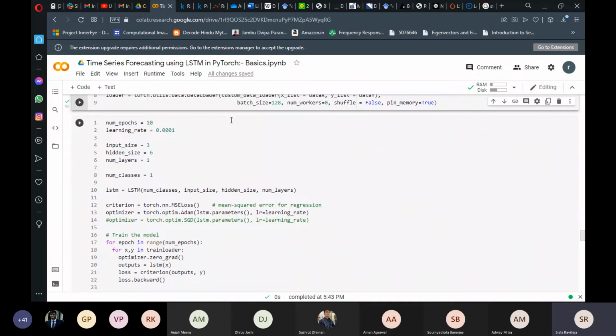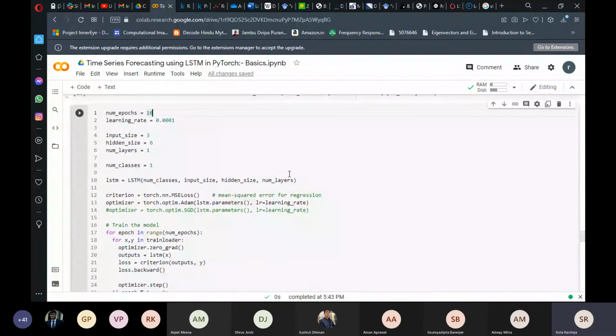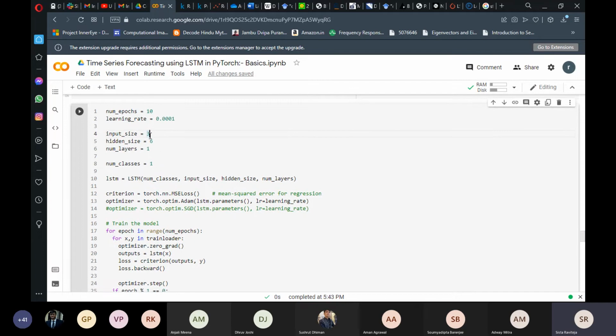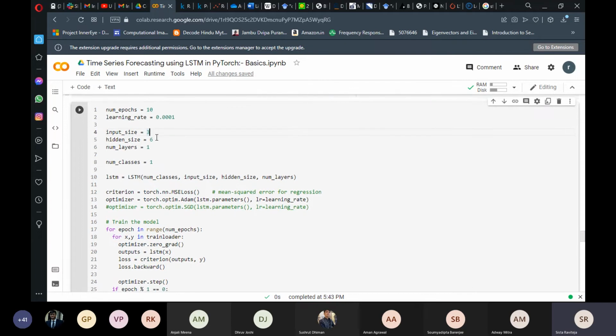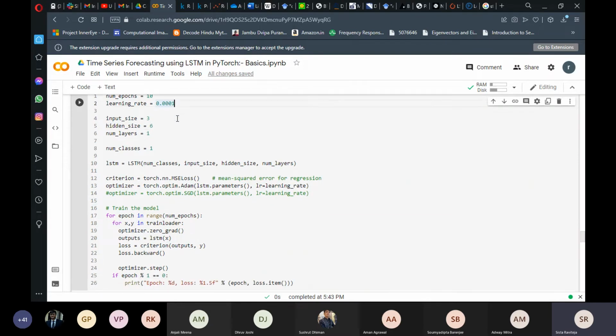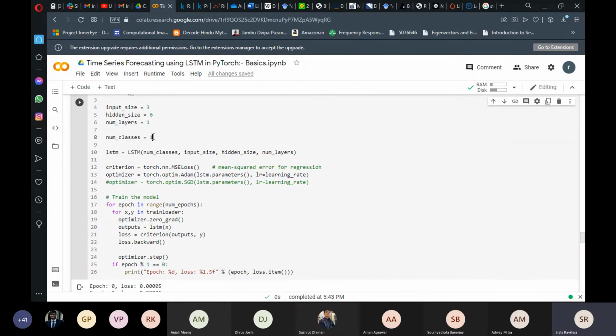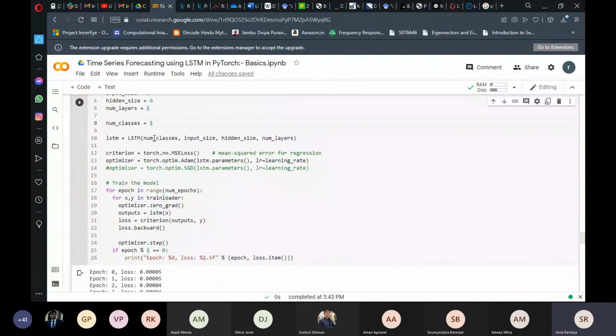Now next is the training approach. Our LSTM remains the same, but I have changed the input, because here our input is the 3 sequences that I have shown you in the data frame part of it. I also experimented with the hidden size; I changed it and so on. I'm just covering it for a few epochs. Then the learning rate is also something you can experiment on. But overall, the number of classes we'll be predicting is one value, so it is still one.